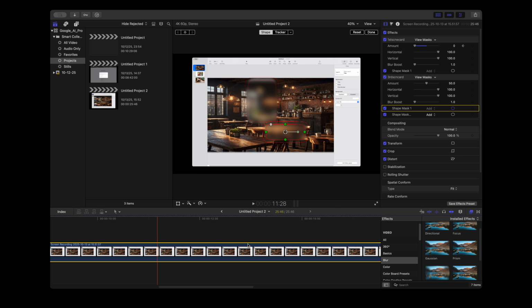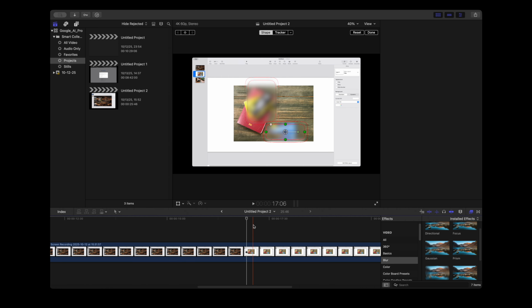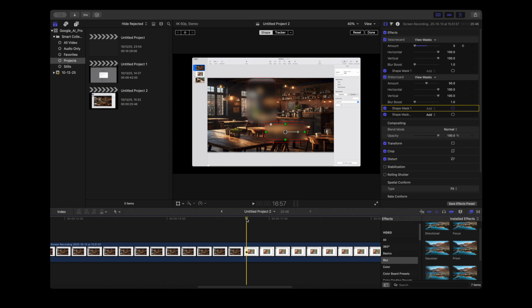So as you can see, the blur is appearing all over the place, but we don't want that. We just want it at a specific place. So like I said, for the first one, we're going to add a keyframe first with 0. Then we're going to add another keyframe with 50 just after that, 50 or any amount you want